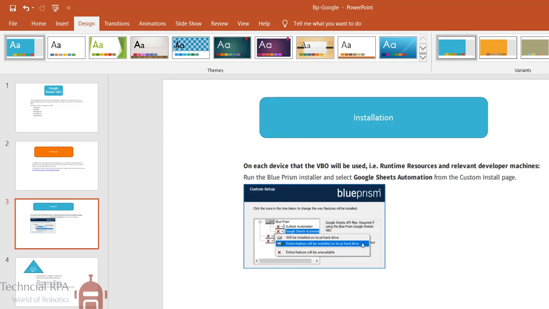So how can we install this in Blue Prism? For each device, you can have the VBO and use it. For example, it should be a runtime resource for a particular developer machine.